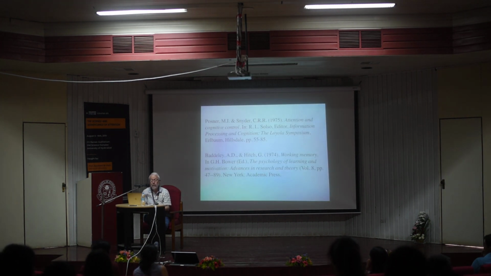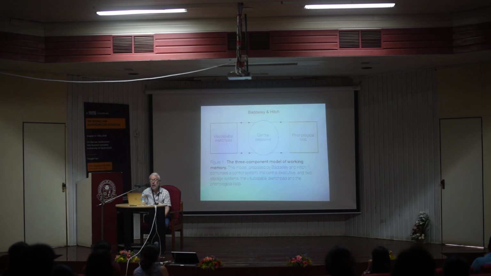And around the same time, Baddeley and Hitch published their famous and very influential paper on working memory. And these were 2 seminal papers. Posner and Snyder actually identified criteria for automaticity and had very cool methods for exploring when conscious control was playing a role. And Baddeley and Hitch proposed something along the lines of a central executive that had 2 slave systems with sort of different modes or domains of processing, one about auditory and one about visual information.